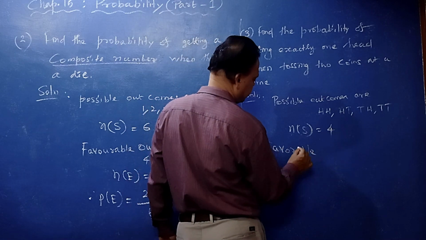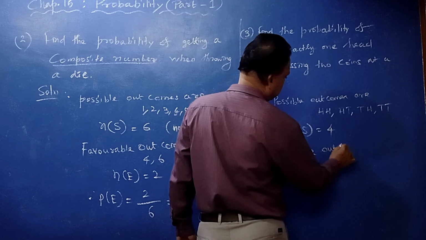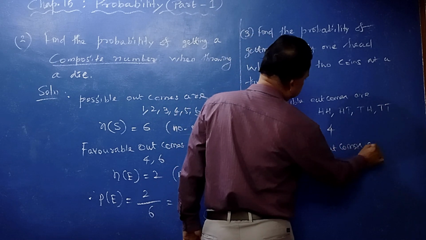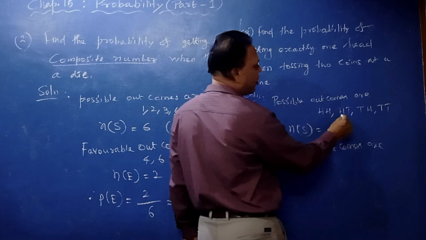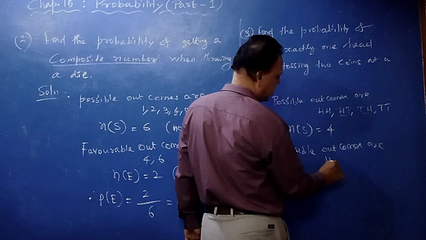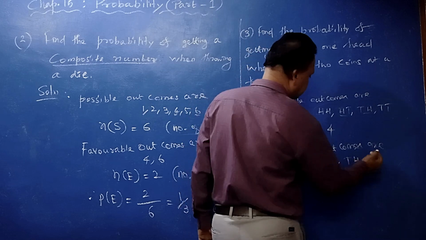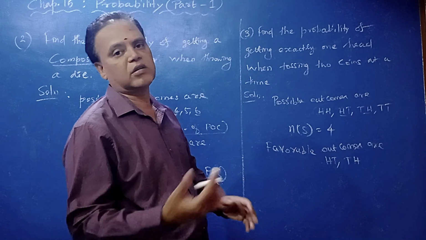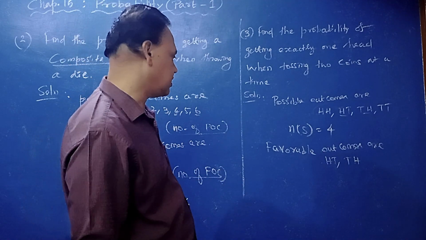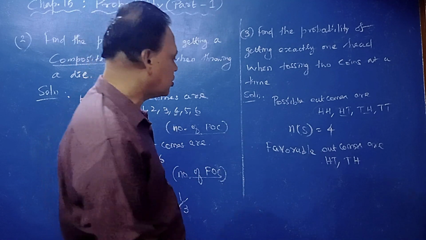Favorable outcomes are, what are the favorable outcomes? From the sample space you have to take exactly one head. So there are 2 chances: head tail or tail head. There are 2 possibilities. First coin head, second coin tail, or first coin tail, second coin head. So one head you will get. There are 2 possibilities. So the probability